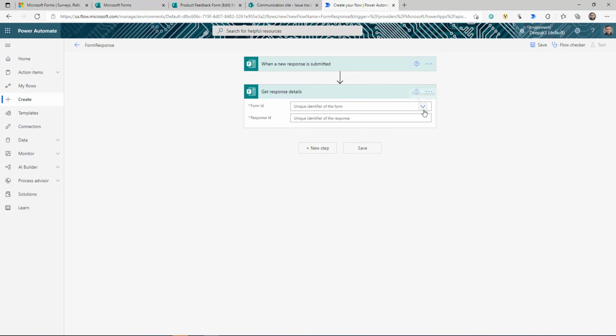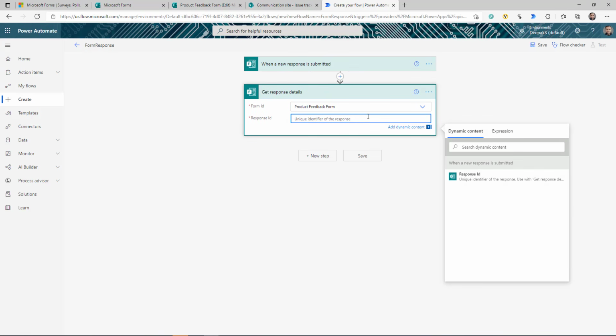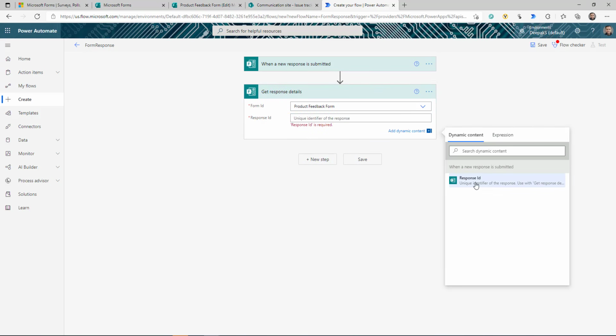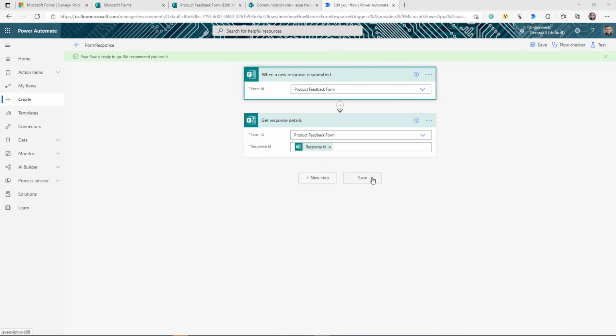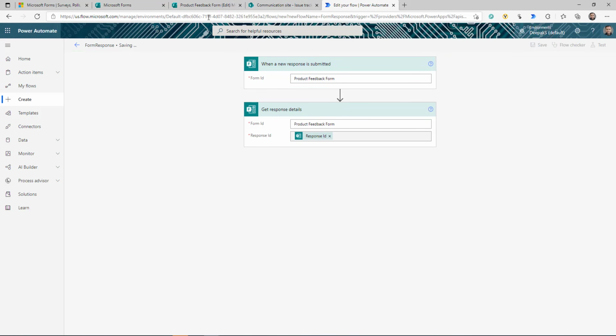You need to select the form ID again. So I'm going to select this form ID, and the response ID is coming from this trigger. So when a new response is submitted, this is the response ID. Select that. Okay, perfect. I'm going to save it, and let's submit one form to see how the response actually